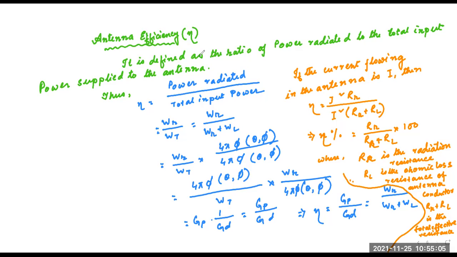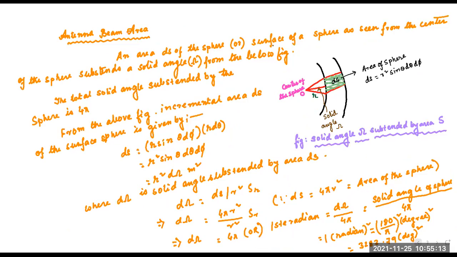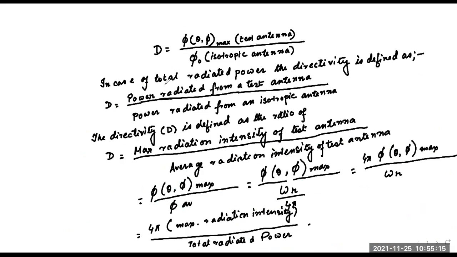So this expression is very important. How many expressions are important today? What we have taught, let us sum up then. We started with our antenna. What is first? What we started? Directivity. Then after directivity, what did we tell about directivity?